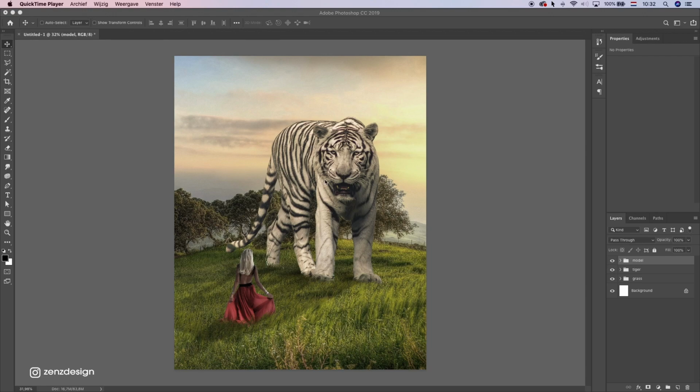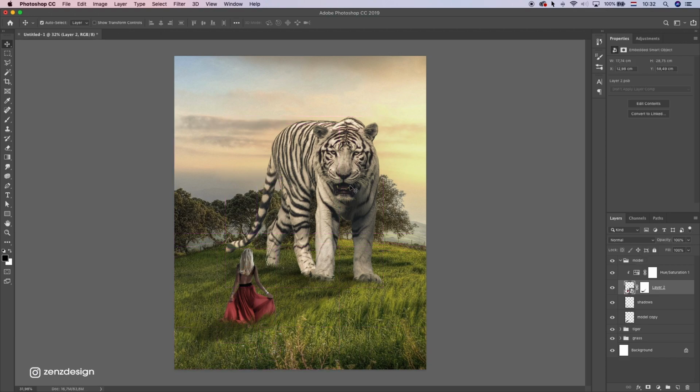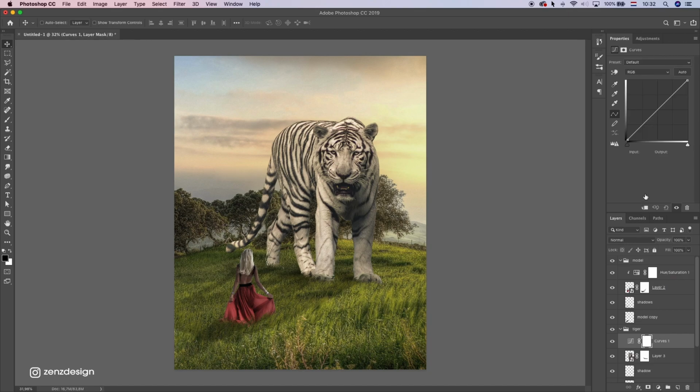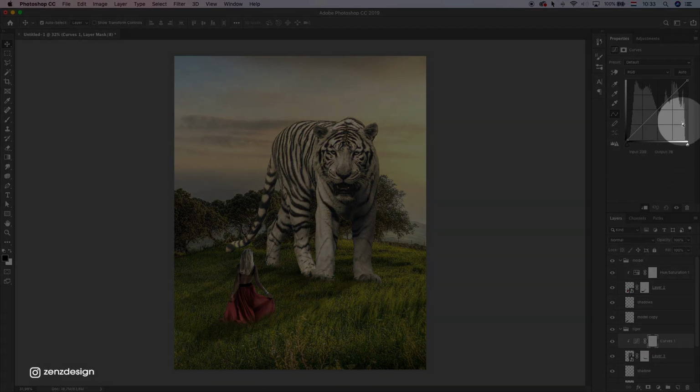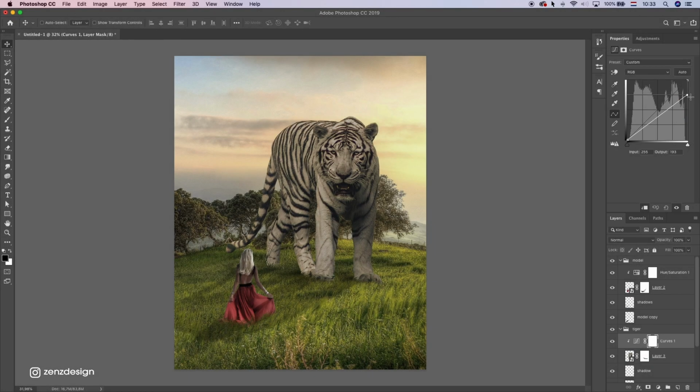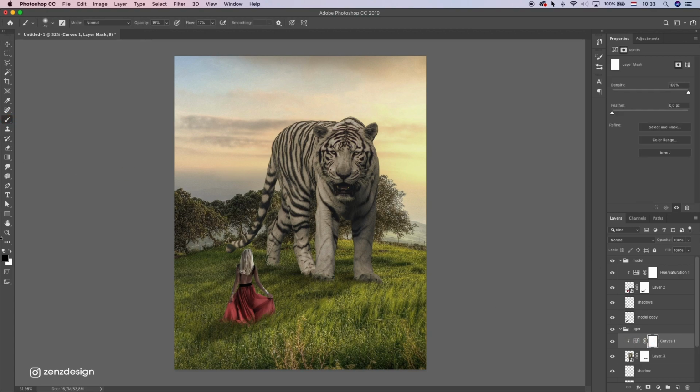Alright, now I want to create some darker and lighter areas on this model and this tiger. So let's start with this tiger. So I'm just gonna create a curves layer on top of it. Make sure to select this and let's make it darker, like that. And let's select the normal brush, select the black color, click on the mask of it,